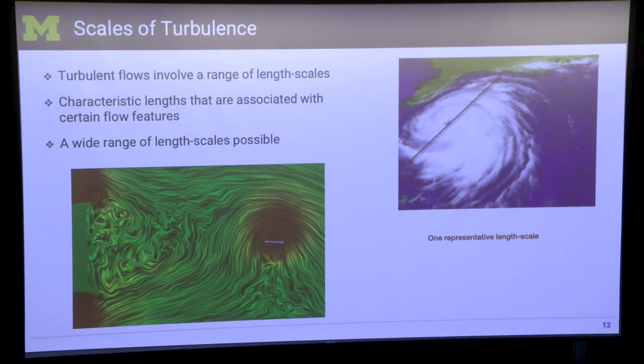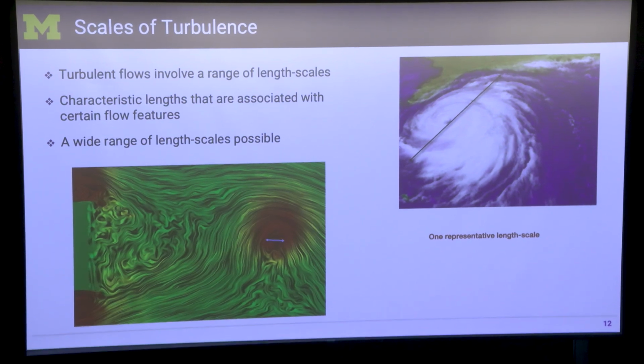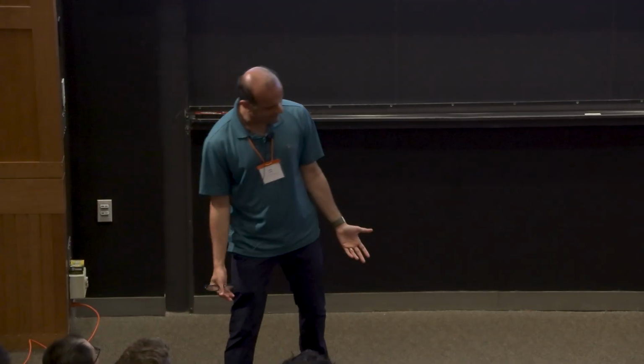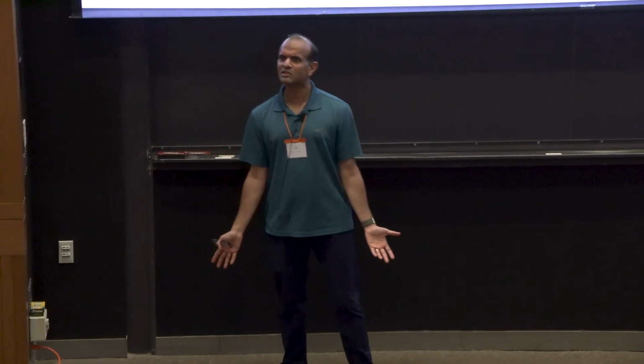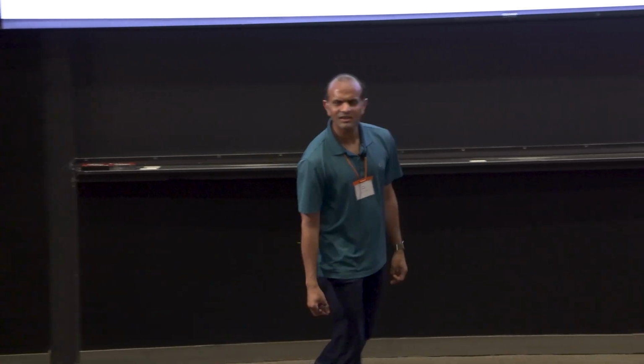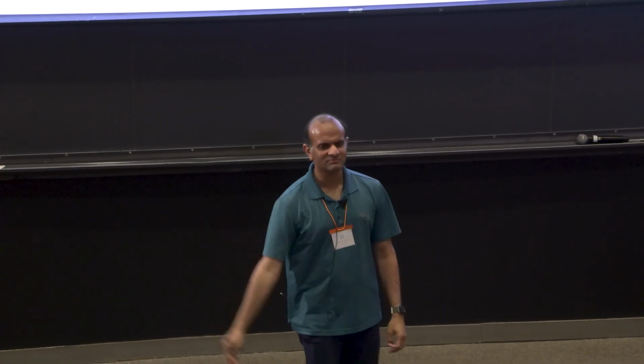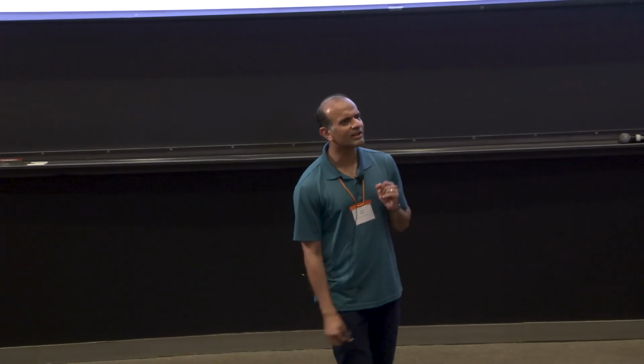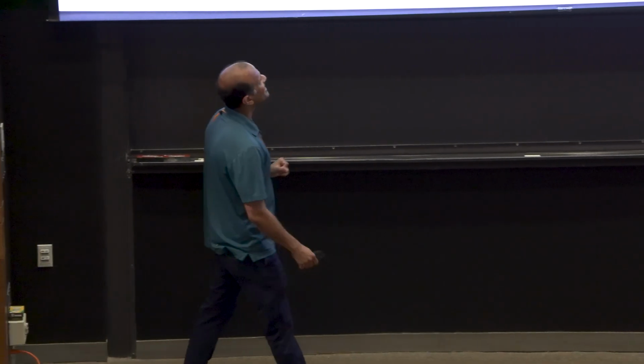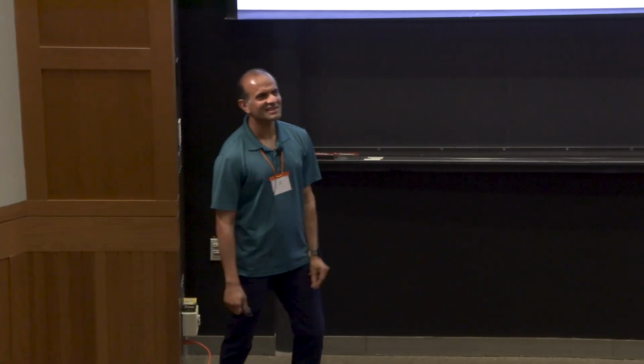The Florida coast does not control the size of the hurricane. So it's much larger than this, right? There's one on Jupiter, I think, that's even much larger than this. I don't know how big it is. The red spot, is that what it's called? Yeah, so it's even bigger, and it's been raging for hundreds of years. People claim it's becoming smaller, I don't know. So there's a length scale here, right?